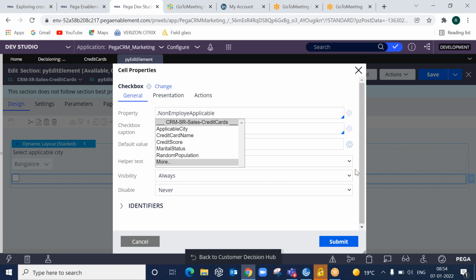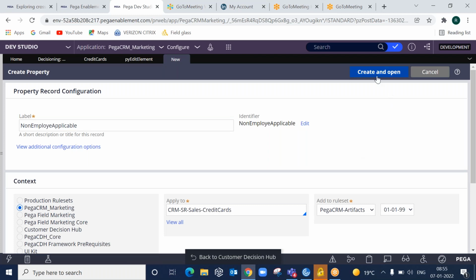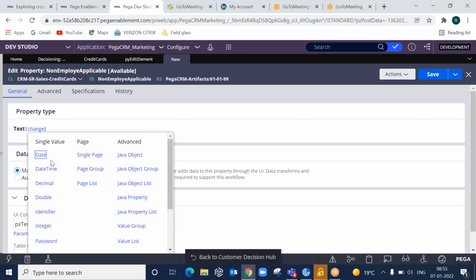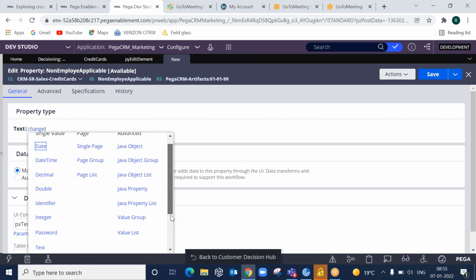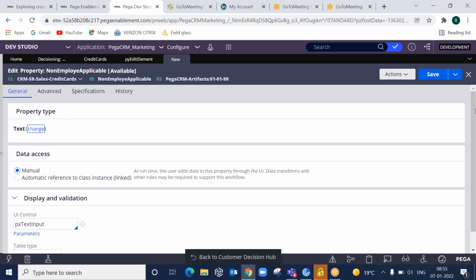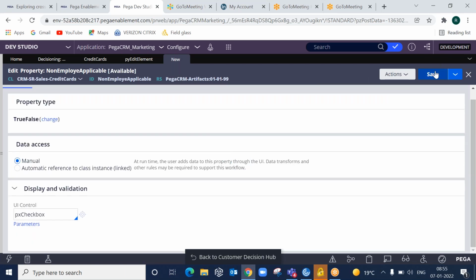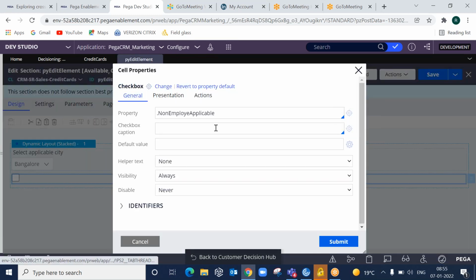So I'm just giving this one. That means I'm just checking whether this particular offer is applicable to non-working people. So that's what I'm doing here. Now give the Boolean value since it is a checkbox.